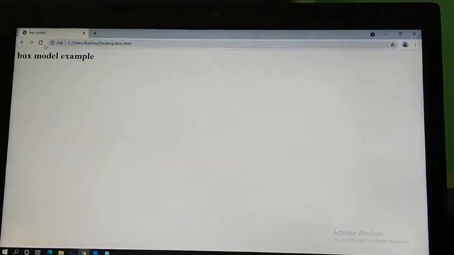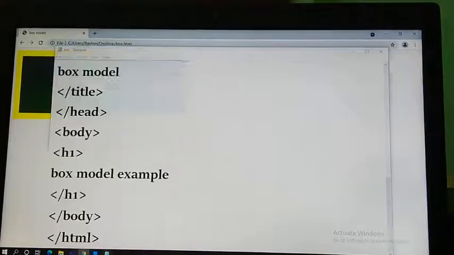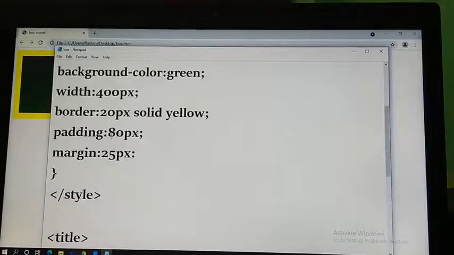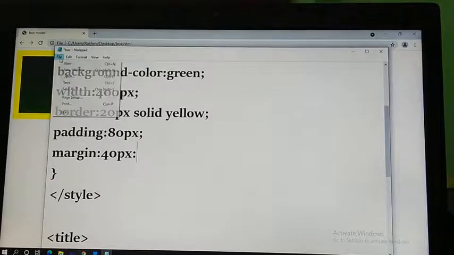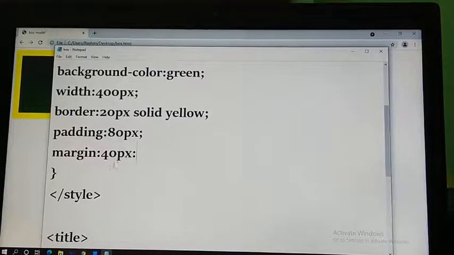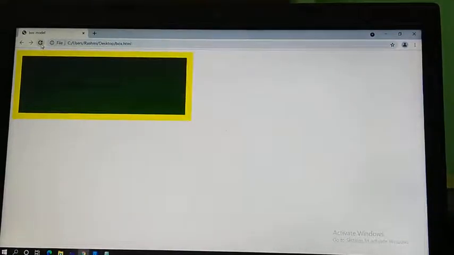Now go into your documents area and just refresh this page. See, this is your box model example. Now I'm going to change some of the syntax content. I am setting 25 margin here, so I am going to change this to 40 pixels. I am changing only the margin size to 40 pixels, and after saving I am again checking what will happen. Refresh this page. See, the margin of the page changed. I am changing it to 100 because it's not exactly showing up, so I am going to change once again. Save this again and refresh this page.